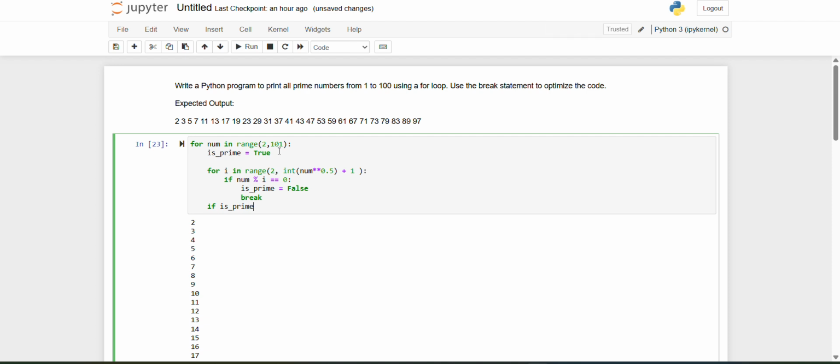If it's prime, then print num, and I have to show the output in one line. So I will use